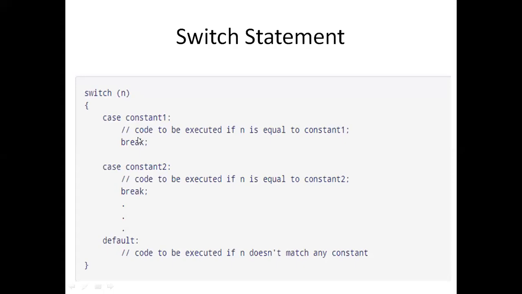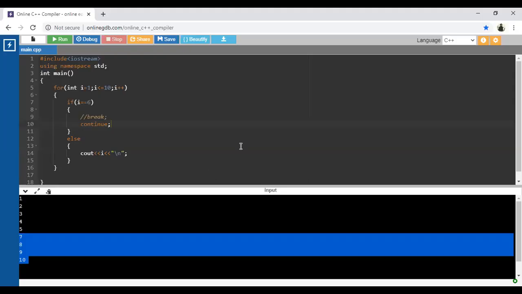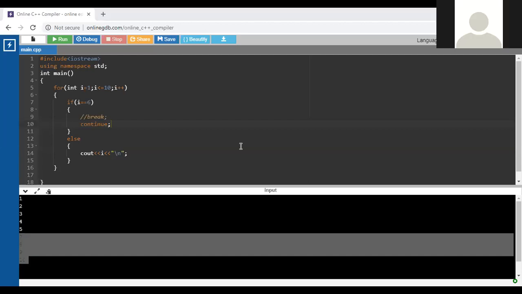Okay, so I will show you with the help of an example, then you will get the idea. Prajakta, just mute your mic. Okay.